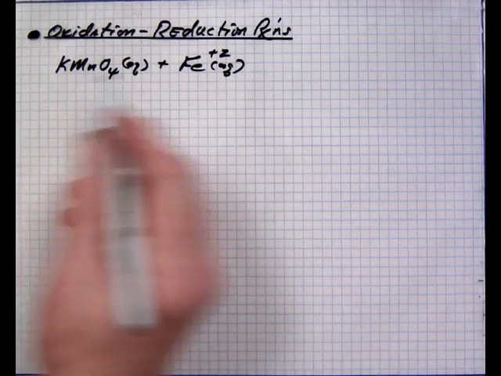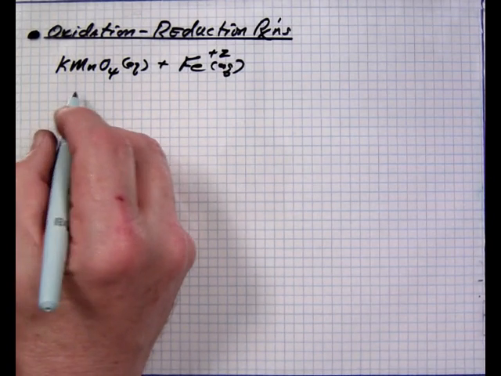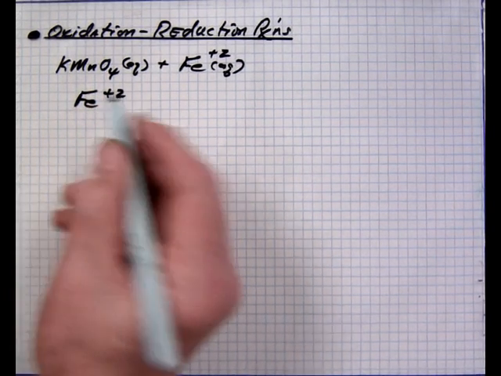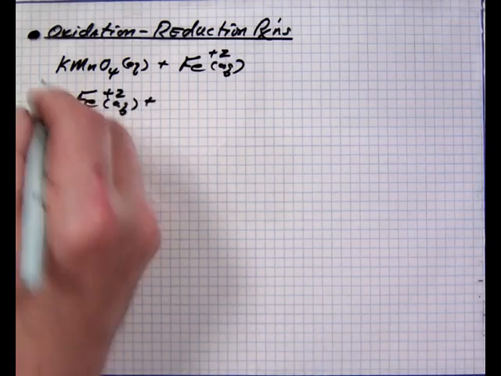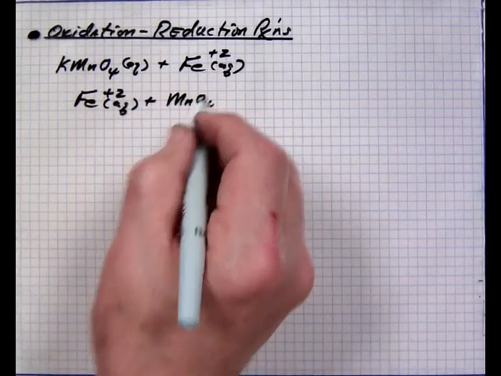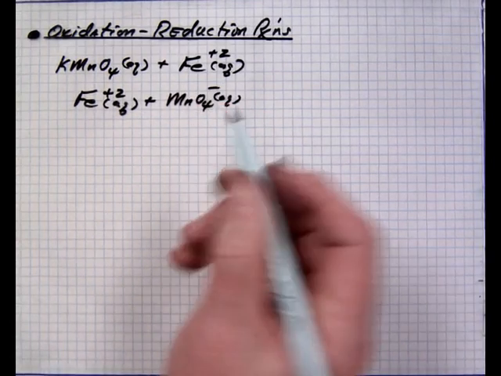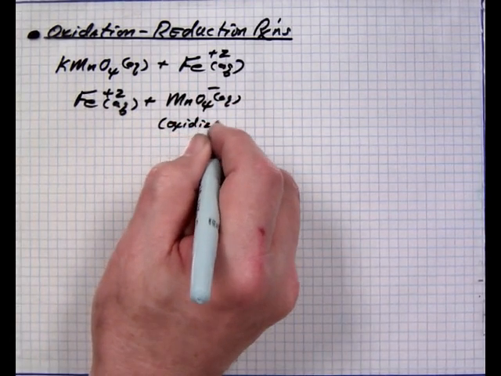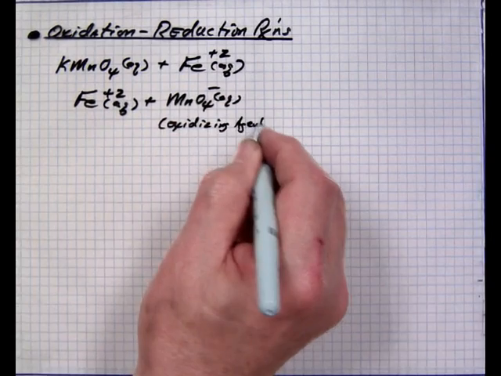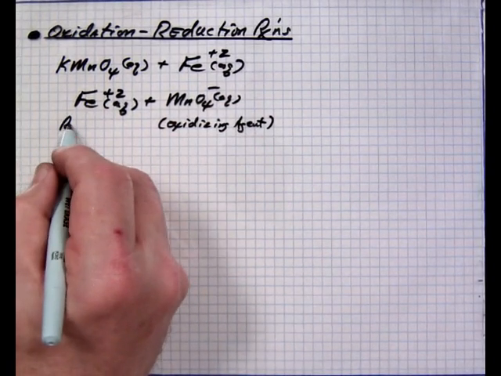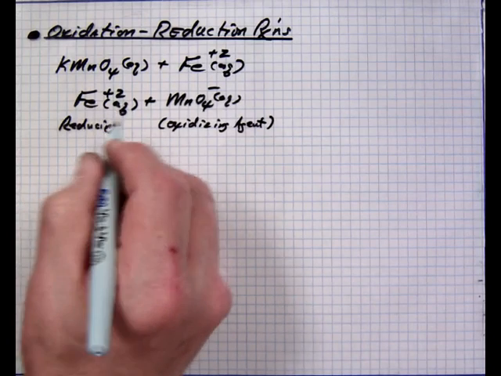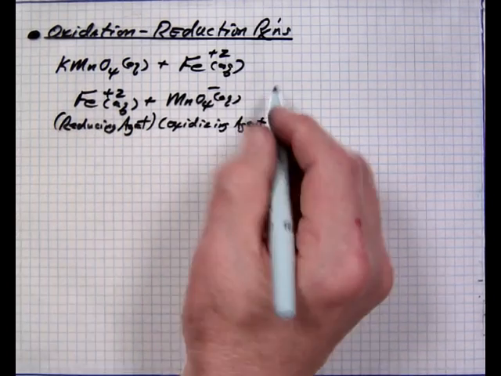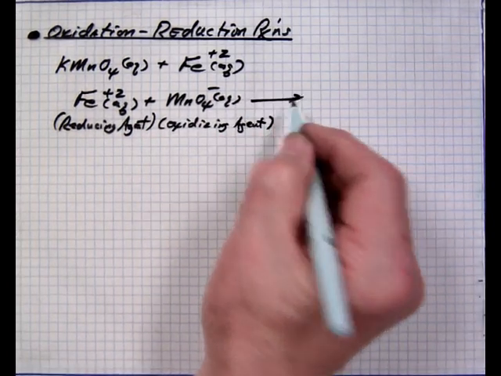And the ionic equation of this interaction is, say, we can put the iron plus 2 aqueous plus the MnO4 aqueous minus, where the MnO4 is your oxidizing agent, and iron is your reducing agent. Like that. And when these react in an acidic medium,